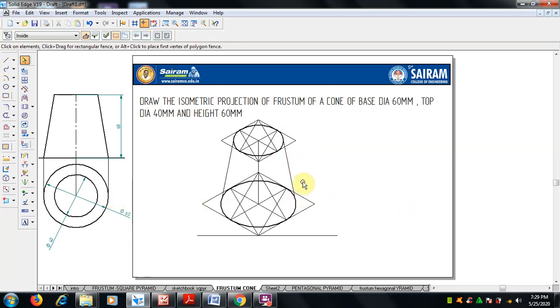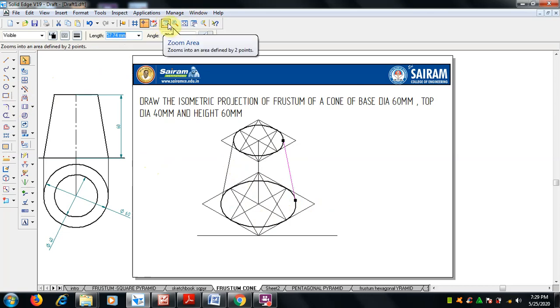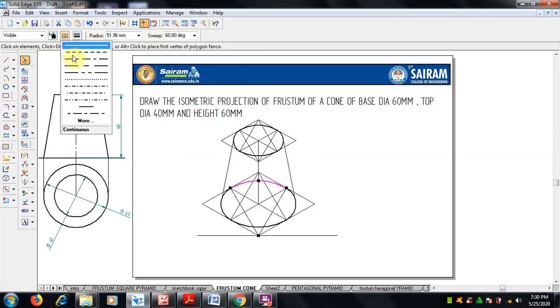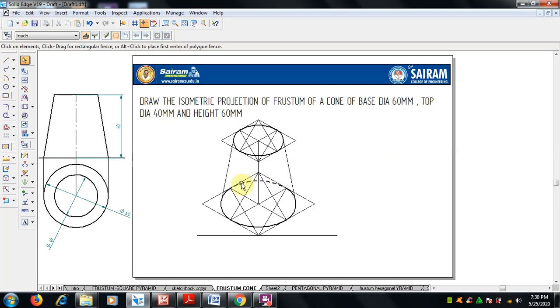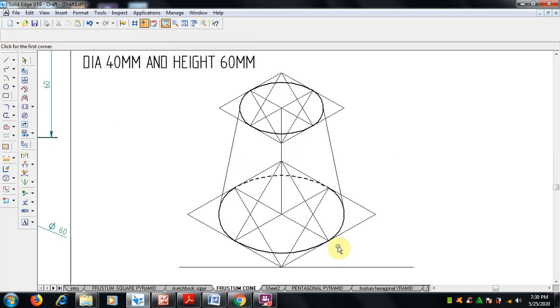So now this is a cone. You can see here, whatever the portion which is not needed, we can trim it off. But the thing is, as I said earlier, you can show even the hidden line also. So here you can see this total, but the thing is, we can reduce it. We should not keep it as it is.